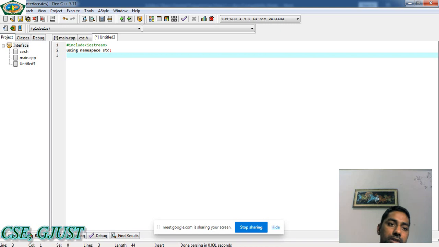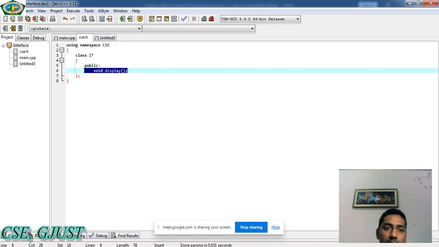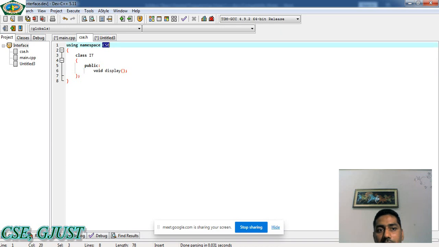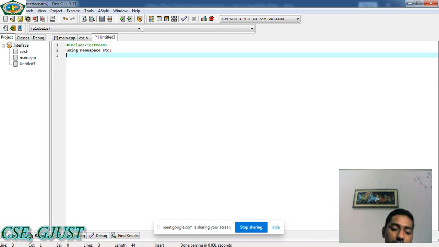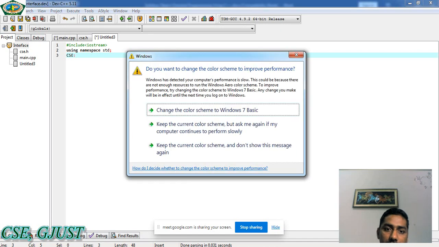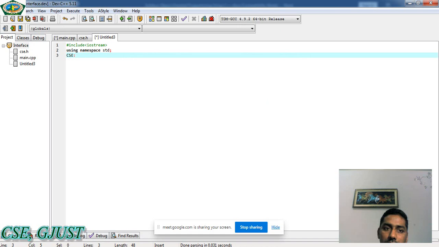Then we can use the class name that we have already used here. The name of the class is IT, under the CSC namespace. So you can write here CSC IT.